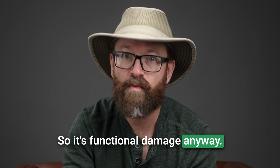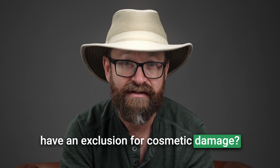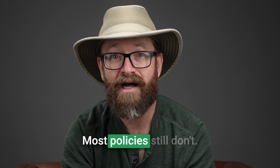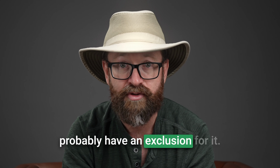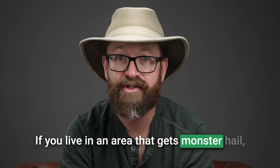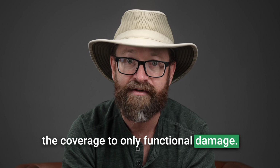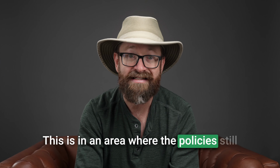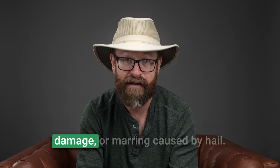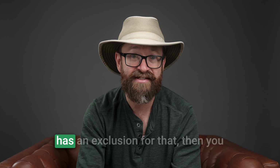It reduces the lifespan of the shingle. So it's functional damage anyway, but even if it's only cosmetic, does your policy have an exclusion for cosmetic damage? I kind of doubt it. Most policies still don't for asphalt shingles. If it was a metal roof, you'd probably have an exclusion for it. If you live in an area that gets monster hail, there's probably an endorsement that reduces the coverage to only functional damage. But you just said in here that this is in an area that doesn't get big hail. Most likely, this is in an area where the policies still have coverage for cosmetic hail-caused damage or marring caused by hail. So unless you know that your policy has an exclusion for that,